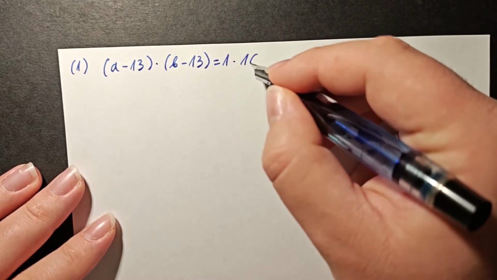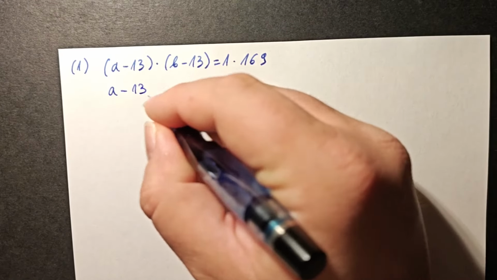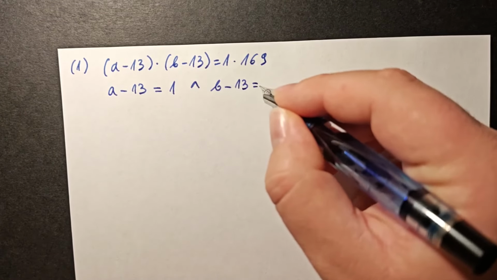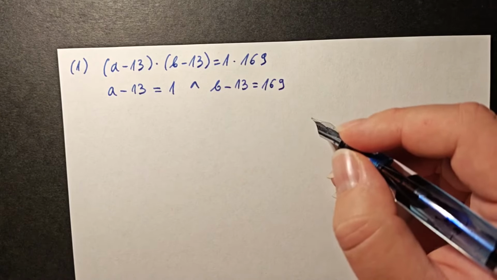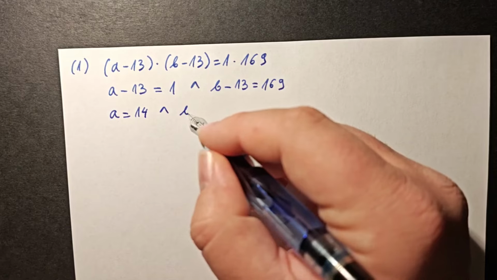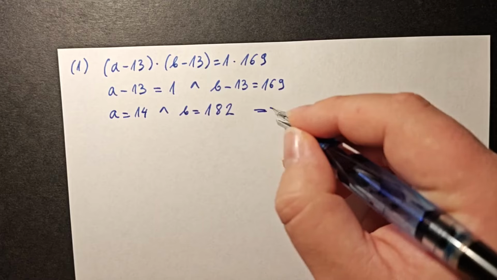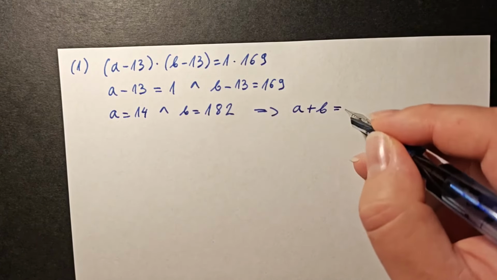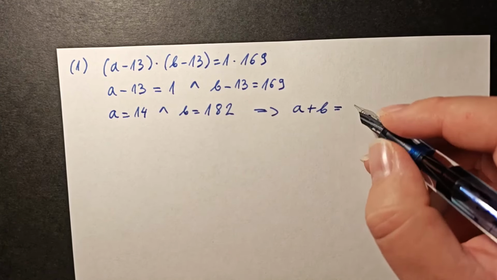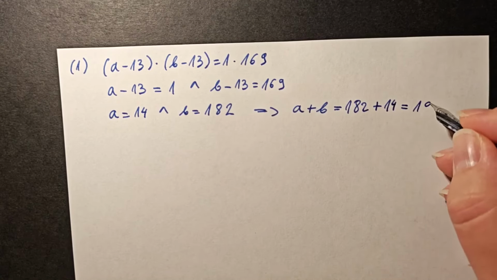So in the first case, we have that a minus 13 multiplied by b minus 13 is equal to 1 multiplied by 169. a minus 13 is equal to 1 in this case, and b minus 13 is equal to 169. That is going to give us that a is equal to 14 and b is equal to 182. Of course, that means that a plus b, remember a plus b is the sum that we need to find, is equal to 182 plus 14, and that is going to give us